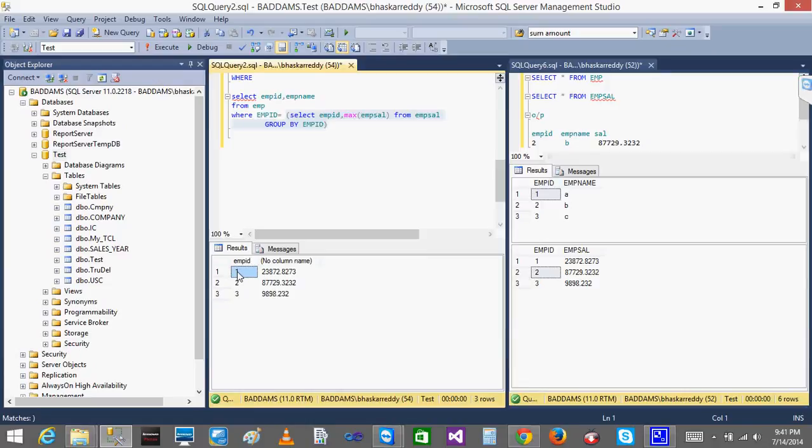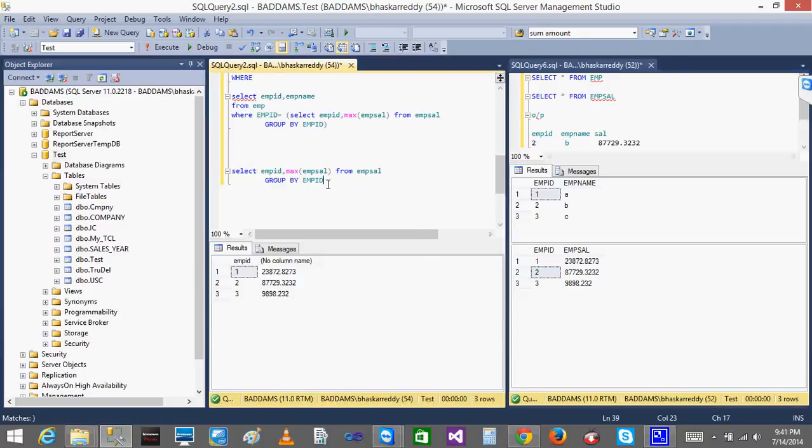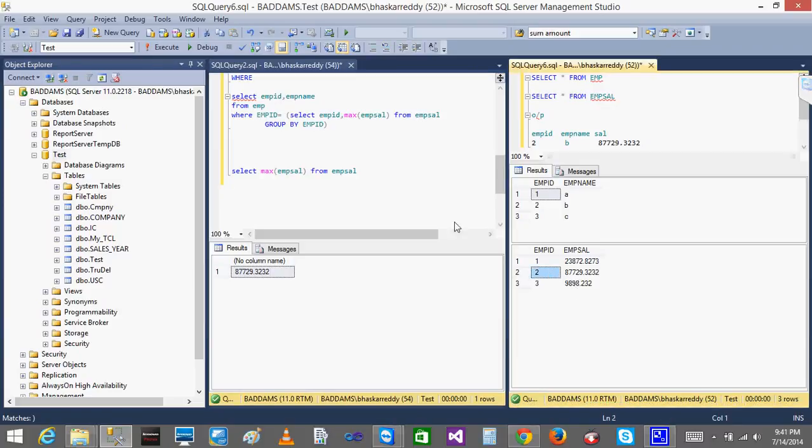Now what I'll show you: whatever you did, it's nice, it's a great thing, the same thing, just one change I will make. First I'll go step by step. I want to get the maximum EMP ID and the maximum EMP salary, like 2 and this one, right? Whatever you did, I did the same thing, but I'll just take the EMP ID with the maximum salary. So then I'll get the salary. Now in order to get who is having that maximum salary, what I will do is